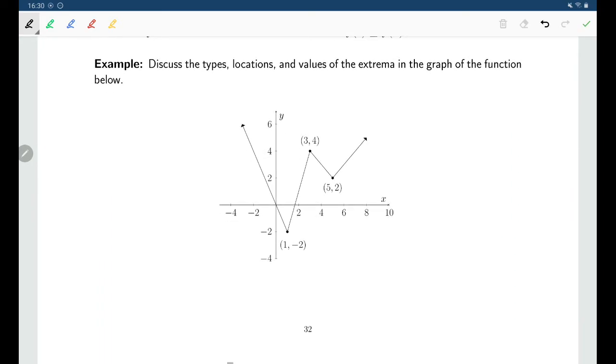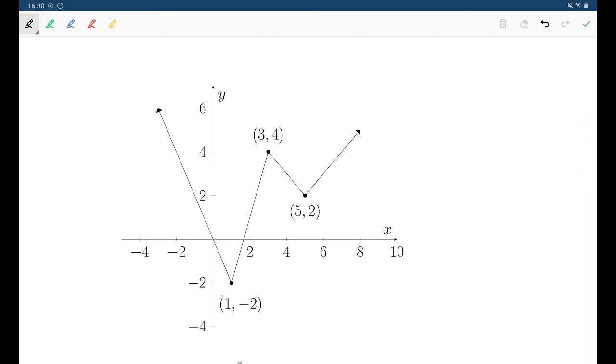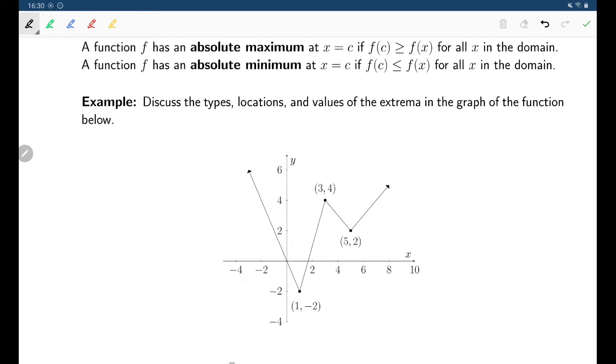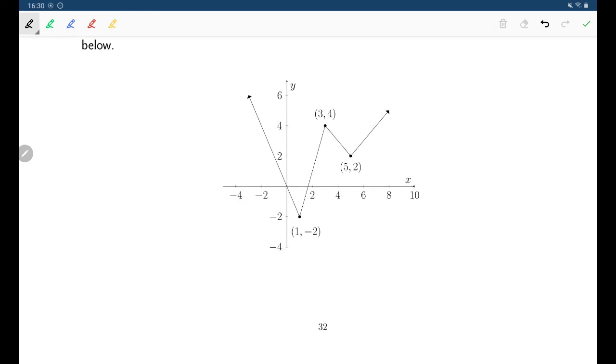So for this graph, we've got a couple of points that are on it. One thing just to note here and just to zoom in, that this graph has arrows on the far left and far right, which means that this graph will continue going up in this direction forever and continue going up in that direction forever. And that's important here because if we're thinking about talking, let's say, about the maximum values first,